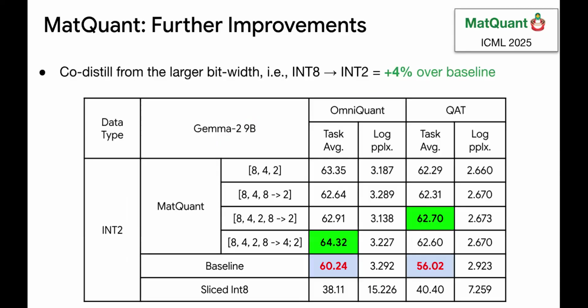Code distillation from int8, because int8 and int2 are in the same space. Getting logits from int8 and training int2 is much better than just training from ground truth. So that helps. If you don't have it, you lose 4%. So adding that gives you that 4% boost. The initial 3% was because we had a drop, and then code distillation helped it and pushed it beyond. So the total gain is about 8% at this point.